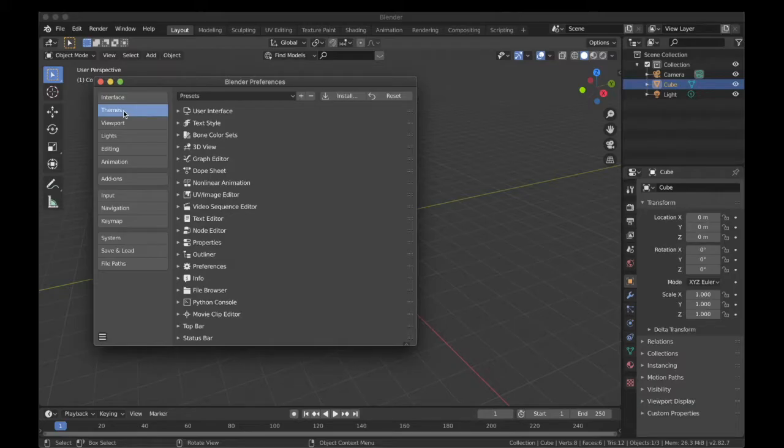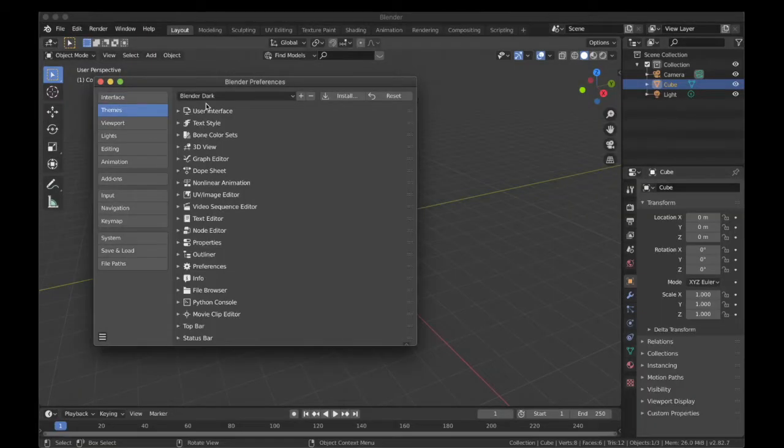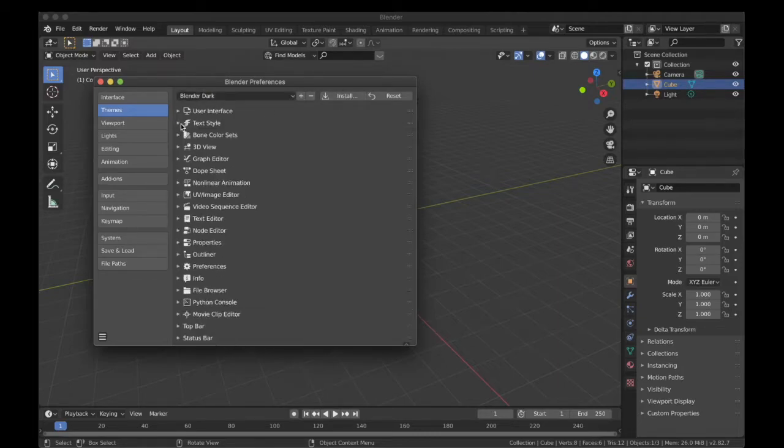The next option in the list is Themes. Blender has the Blender Dark theme installed as a preset. Now there is another preset, which is the Blender Light preset, which can be accessed by going over here and using the drop down menu to select the Blender Light option. This style is not for me, so I will opt for the Blender Dark option, but you can switch between one of them, or you can also install a custom theme from the net. Now apart from these two themes, there are multiple options for almost every setting within Blender to change according to how you want it to look. For now I will keep it at Blender Dark, but you can explore these options.